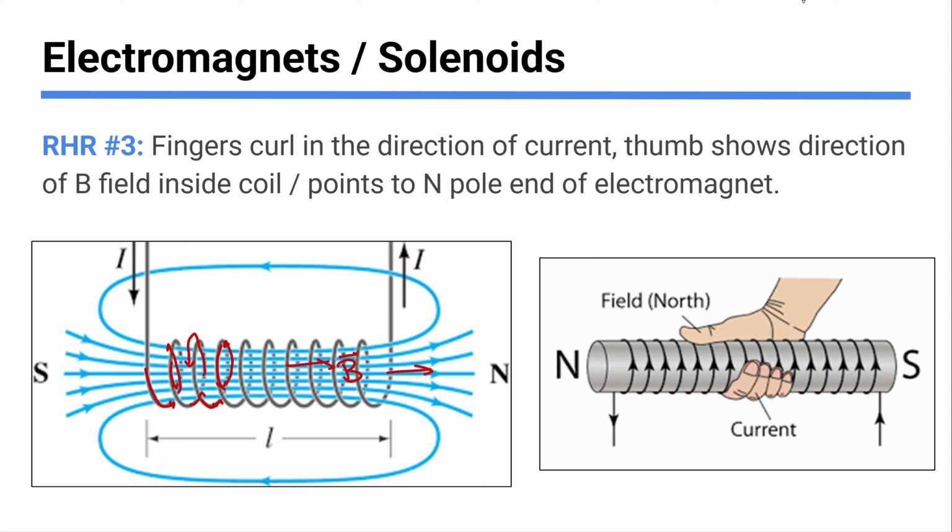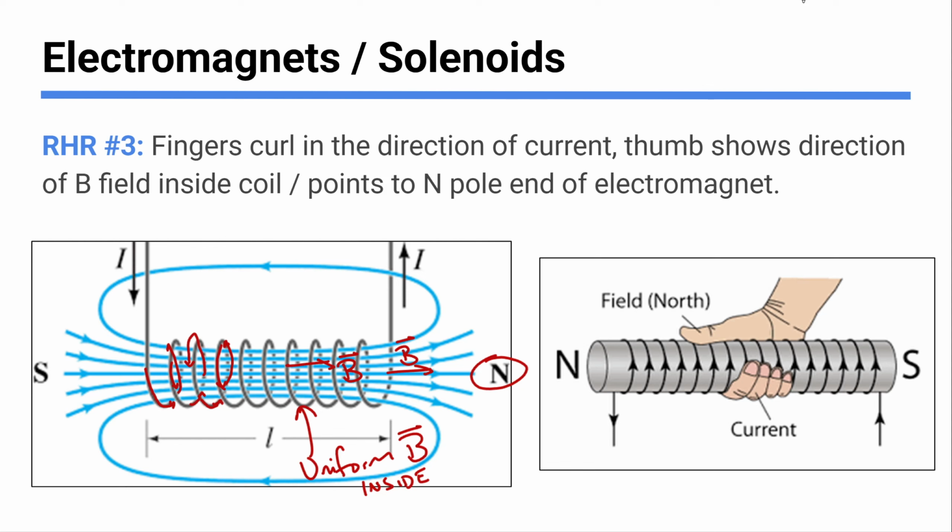In other words, your thumb points to the North Pole side of your little electromagnet. And one of the big ideas here with this electromagnet or solenoid is that inside of the loops, you have a pretty much uniform, nice, straight magnetic field. So we have a uniform B field inside of your electromagnet slash solenoid,